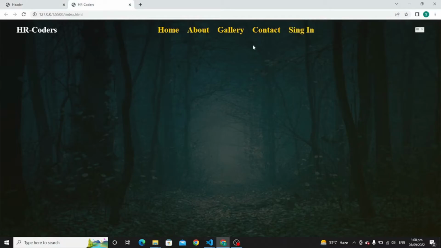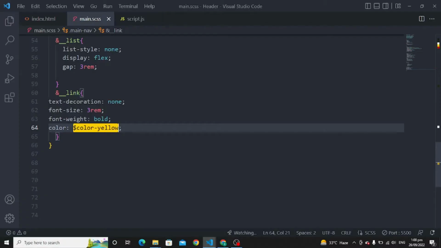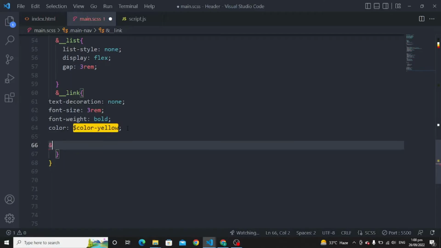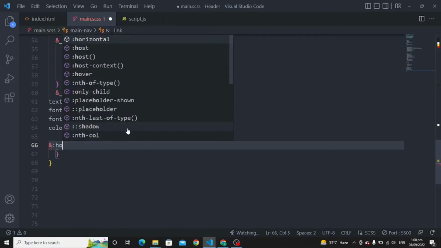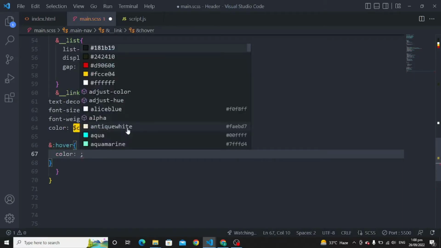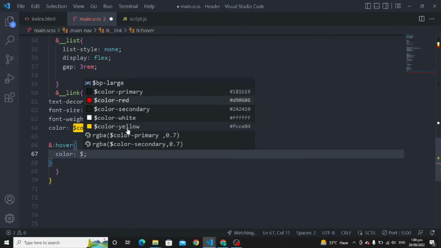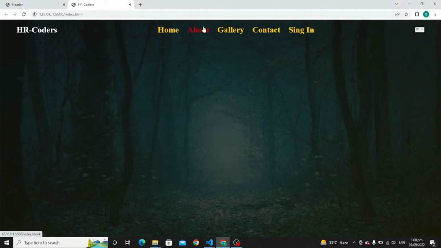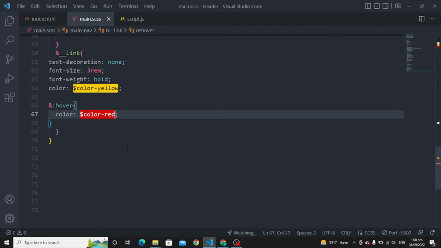Now we are going to add the hovering effect. For the hovering effect, we are going to use hover, and going to change the color to red, I think so. So here it is. Okay, now